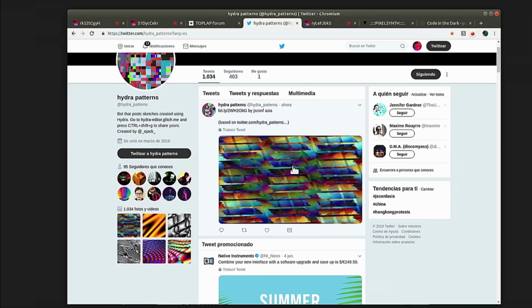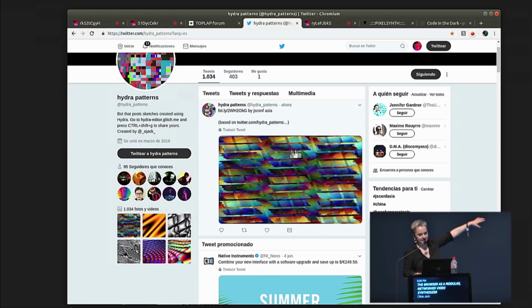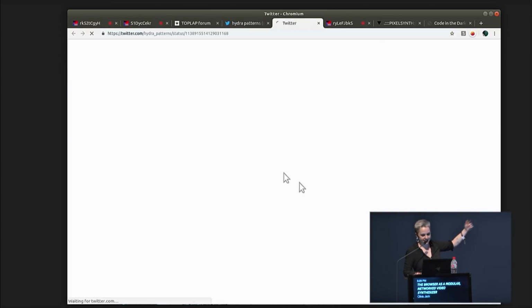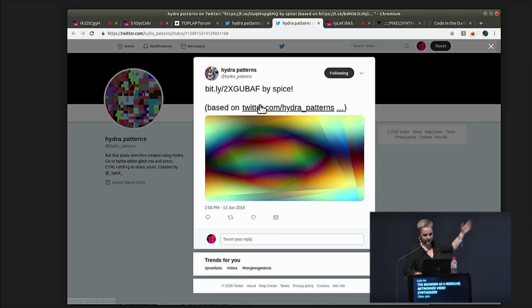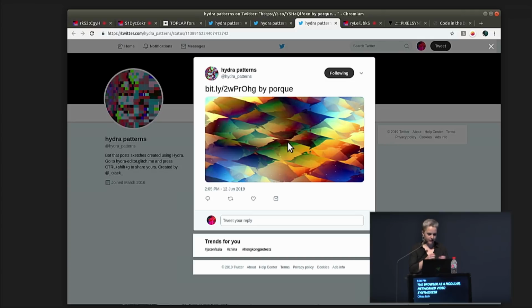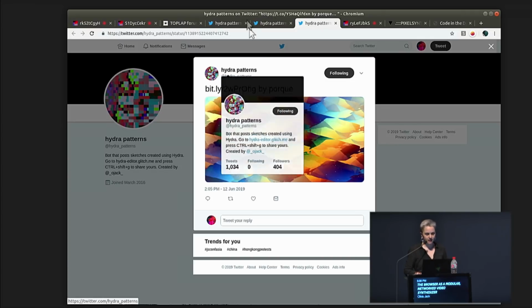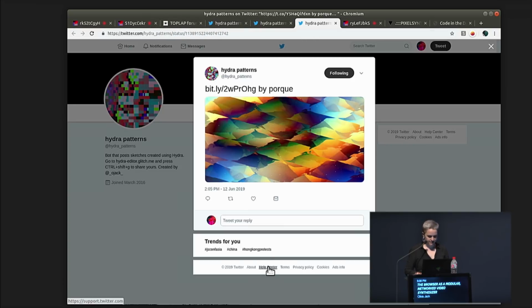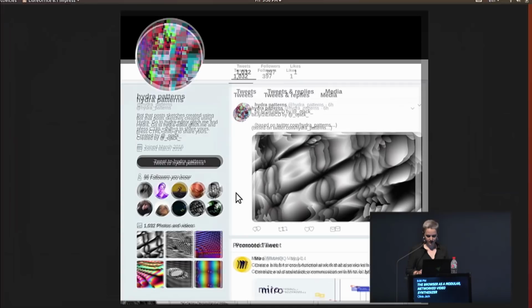And so it shows us what we just did, but it also shows the sketch that it was sort of based on here, and this one was based on one earlier. And it's thinking about like, oh, we're all just kind of exploring the possibilities of this. I think I'm almost out of time.